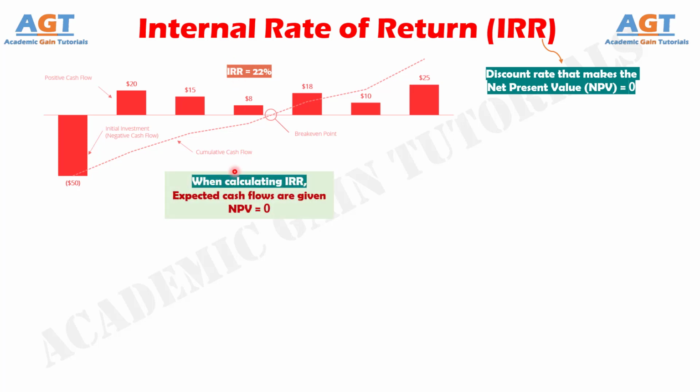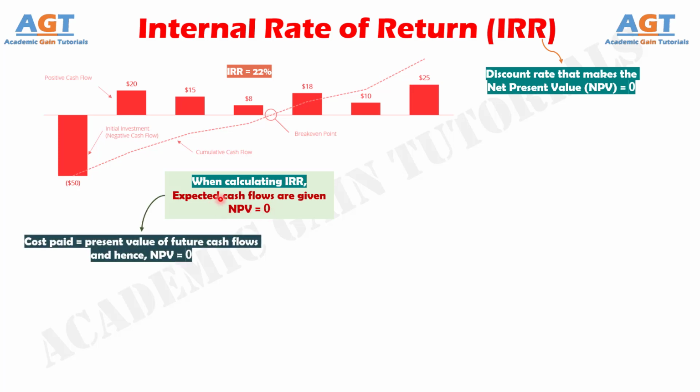When calculating IRR, expected cash flows for a project or investment are given and the net present value, or NPV, equals 0. Put another way, the initial cash investment for the beginning period will be equal to the present value of the future cash flows of that investment. That is, cost paid equals present value of future cash flows, and hence, the net present value equals